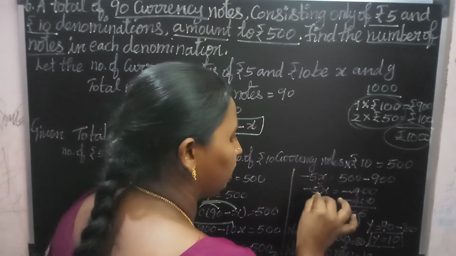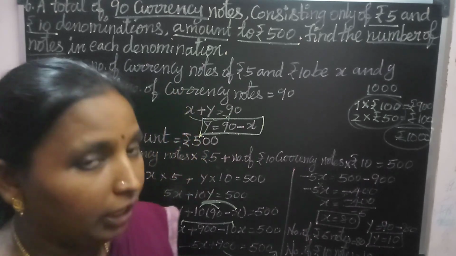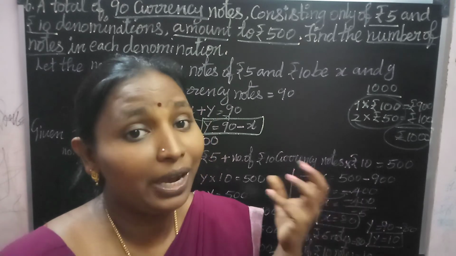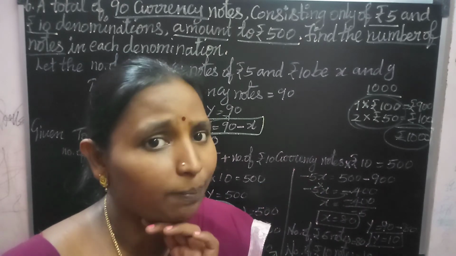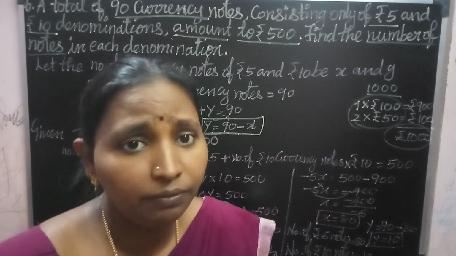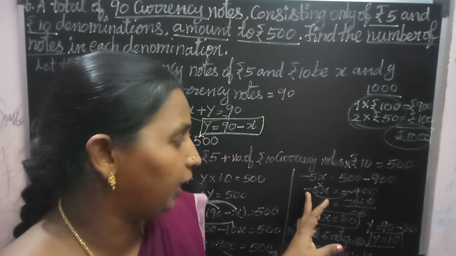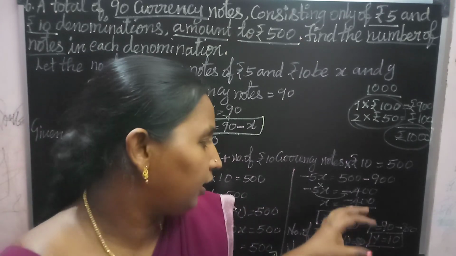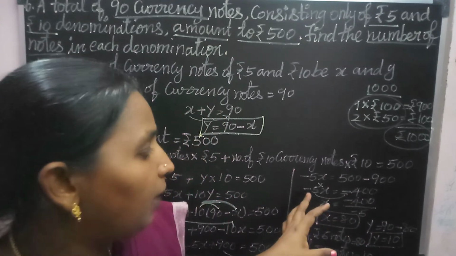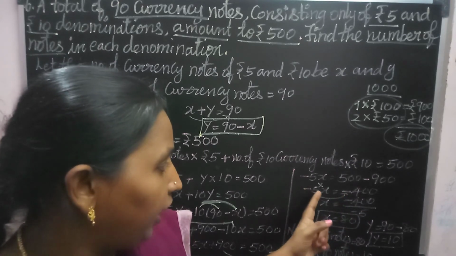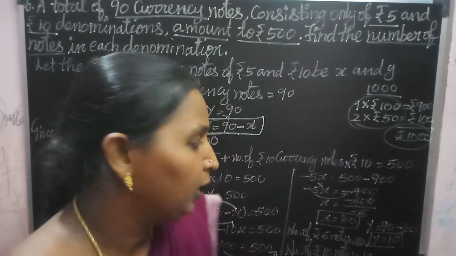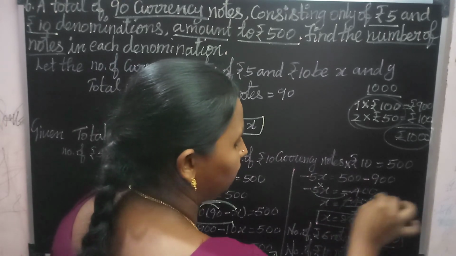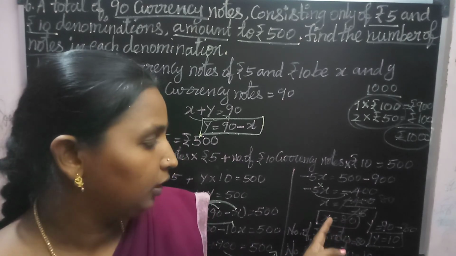Minus 5 into X, so I am going to send this minus 5. It is in multiply. Be careful while you are doing with negative signs here. Here minus 5X, that 5 is not in subtraction with X, it is in multiply. Minus 5X means minus 5 into X only. So many students make mistakes here. Be careful. Minus 5 into X only. So minus 5 goes this side. Now it will divide, so minus minus will get cancelled. 5 ones are 5, 5 8s are 40, 0. So X is 80. So X equal to 80.